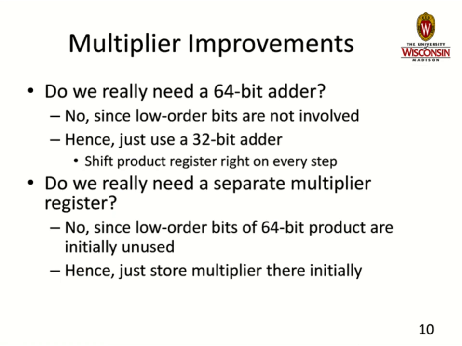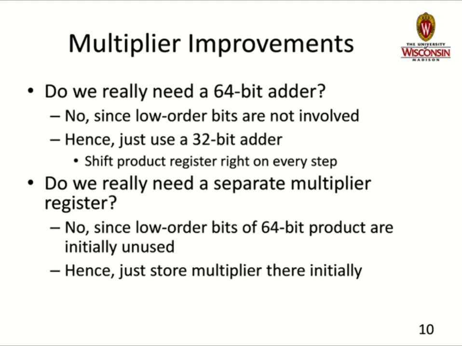There are a few improvements that we can consider to make this multiplier a bit more efficient. The first one is a big one. We don't really need a 64-bit adder to implement this process because at any particular point in time, we are actually not doing anything with the low order bits. The least significant bit is computed in the first step and never changes after that. The second least significant bit is computed in the second iteration and is never changed after that. And so what we can do is use a 32-bit adder that just slides over the product at every step of multiplication, and there's really no need to pay for the hardware cost of a full